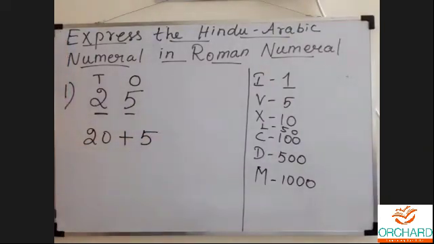Once again, I repeat, please listen. So here the question is given as 25, in the form of Hindu-Arabic numerals. We have to express it in Roman numerals. Just write the place value for the given number: 5 in the place of 1, 2 in the place of 10. We have to expand and write the value 2, which stands in the place of 10. So 2 tens are 20 plus the next value 5, which stands in the place of 1. So 5 ones are 5. Okay. Now, how can we write the value for 20?